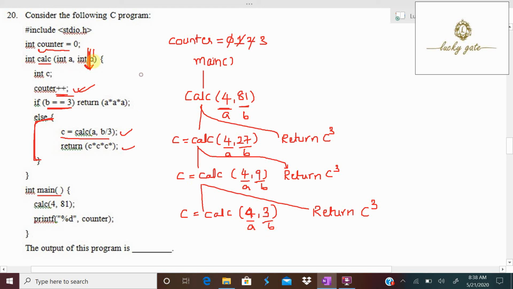Again a is 4, b equal to 3. Again it is going to enter the function body one more time. Now counter is incremented by 1, so counter is going to become 4. Now b is 3, yes, b equal to 3. So the condition is true, and it executes the true part of the program, that is return